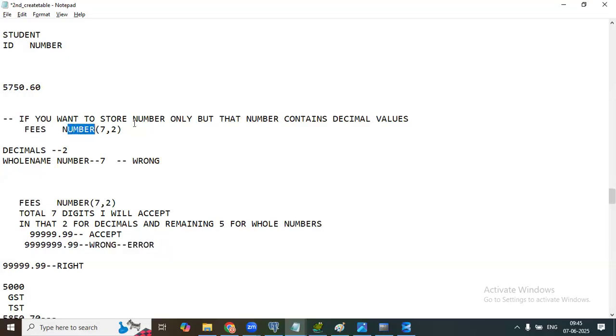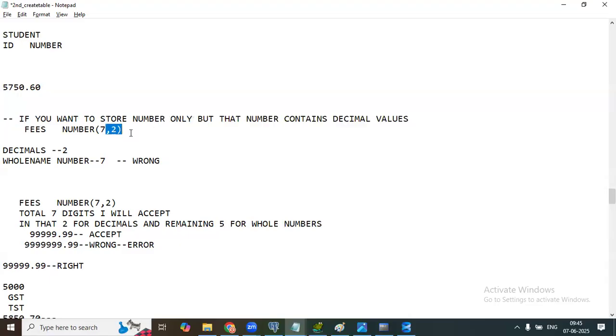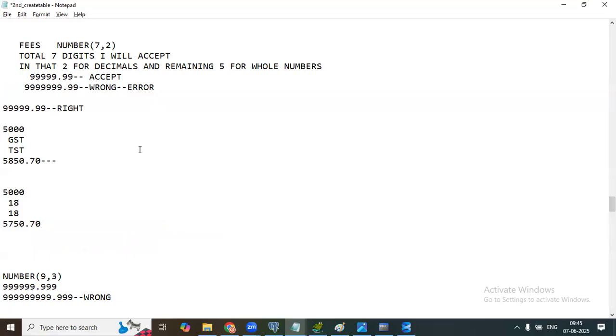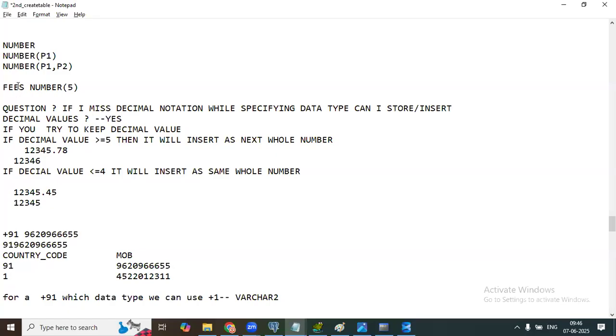You will use this wherever you want to store a decimal value. Like when you go to a shop, your bill comes. Or you are filling petrol, say a full tank, and it comes to 500 rupees 60 paisa, or 2,500 rupees 70 paisa. The paisa and all, if you want to store decimal values, you will go for this kind of notation. Okay, fine. So you understood the width property, what is decimal and what is whole number.